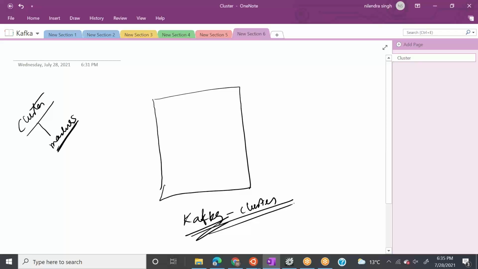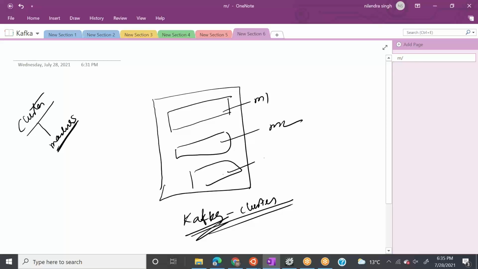Now, behind the scenes, everything is a physical machine. So let's say this is machine 1, this is machine 2, this is machine 3. Obviously, what is Kafka in reality? Kafka is software. So let's say we install Kafka on these machines: Kafka here, Kafka here, Kafka here.